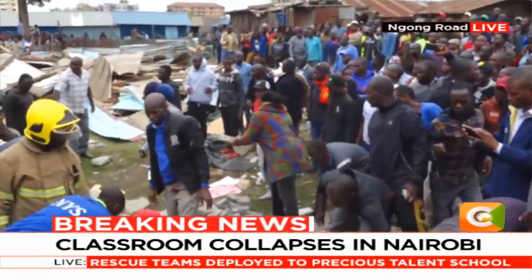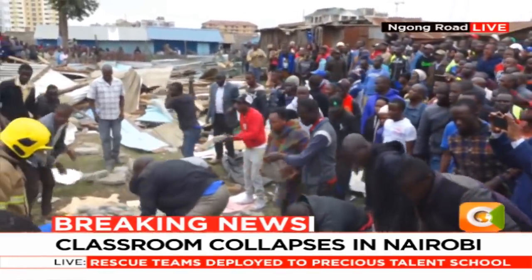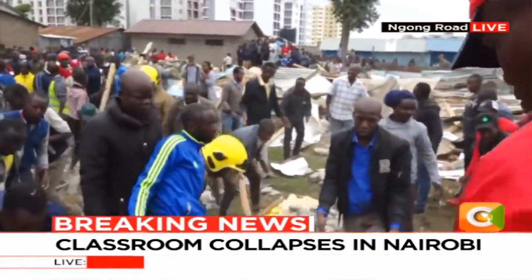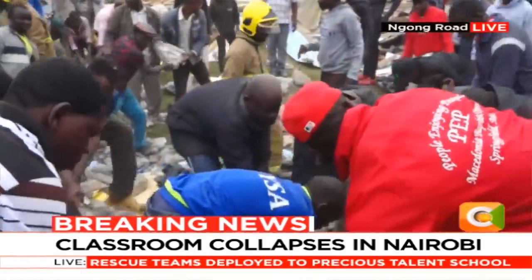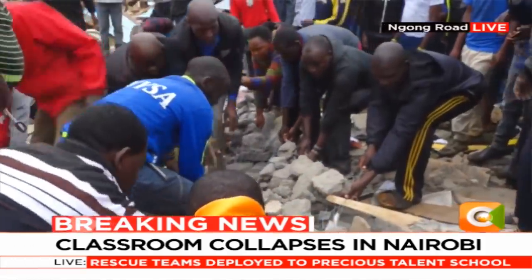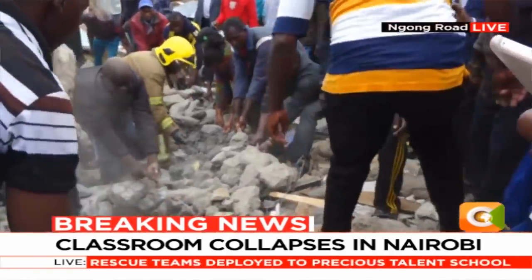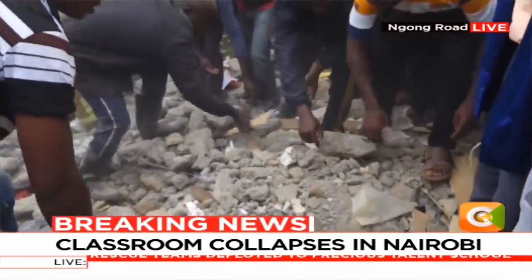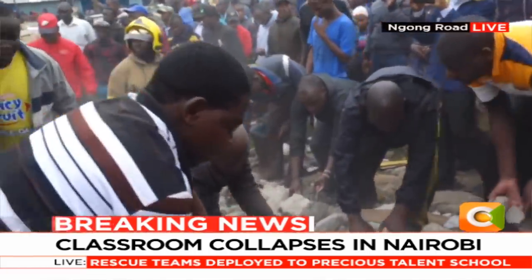We wait to see how many more will be rescued, even as we plan to talk to the St. John ambulance representative on location to bring us up to speed on how far they have gone in the rescue mission, and how far they are in accounting for the learners who were in that classroom. We do not know how many learners the 2-story building was accommodating at the time that it went down. We do not know how many made their way to escape from the scene, but what we know for certainty, as confirmed by the St. John ambulance, is that 5 learners have been taken to hospital in critical condition after being stabilized on the scene